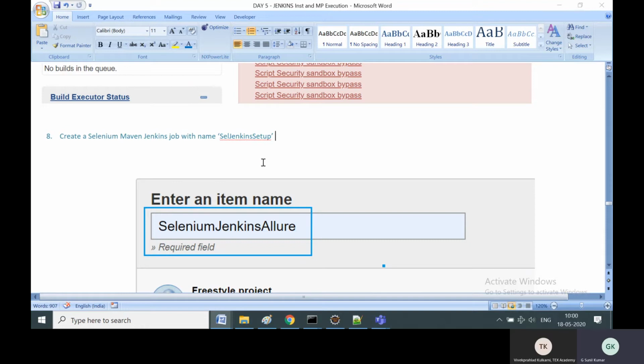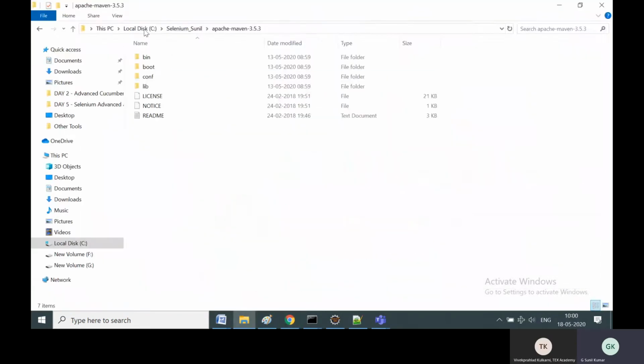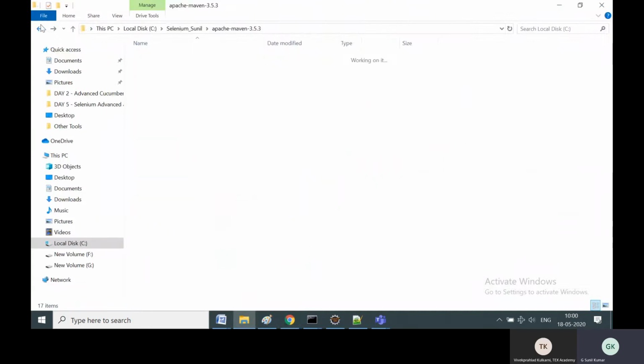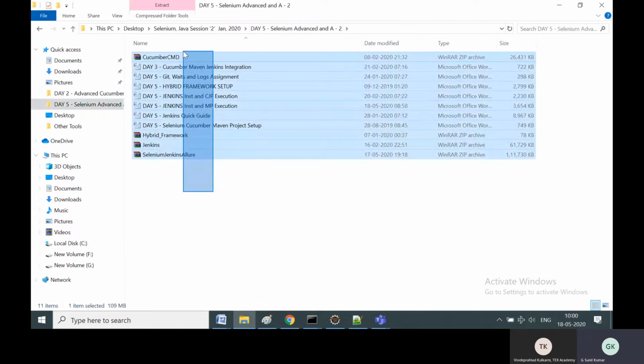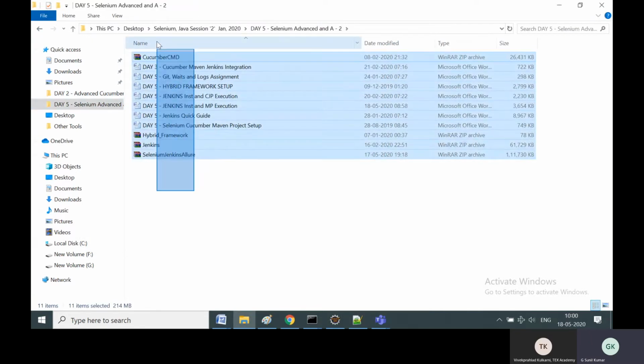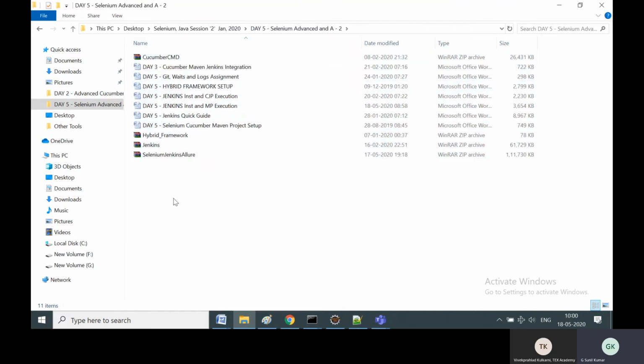So in order to make this very easy and playable, as I showed you, I have given you these files, which will already be in your session. You will have all these files ready. You need not create a fresh Maven project. I have created a working Maven project with Allure report, so that you can view the report also, with parallel execution. Whoever wants to see how parallel execution works in Jenkins, that will be an advantage for you. This has parallel execution enabled also.